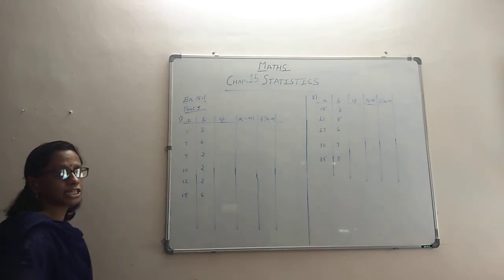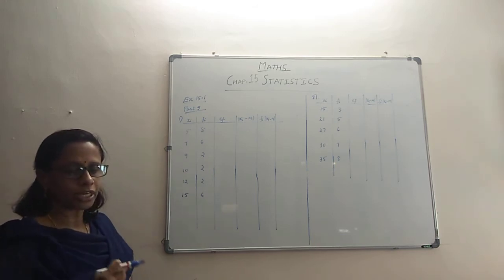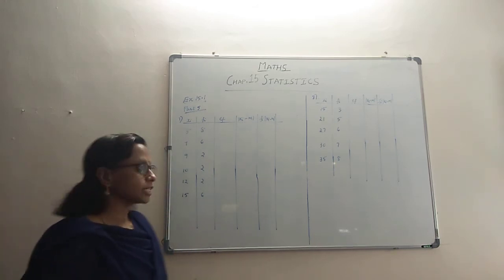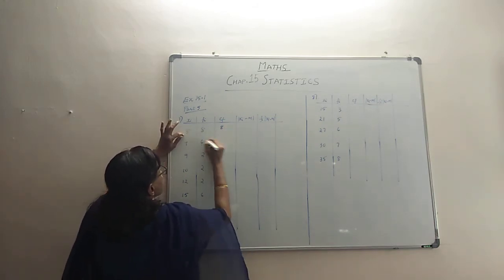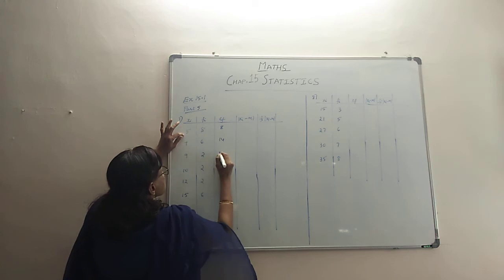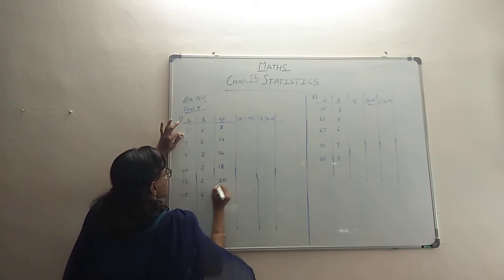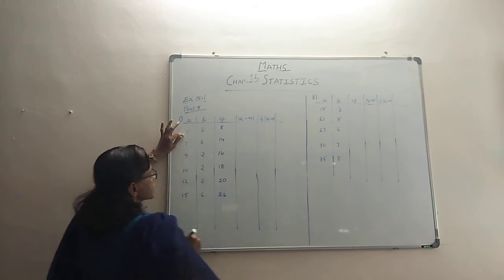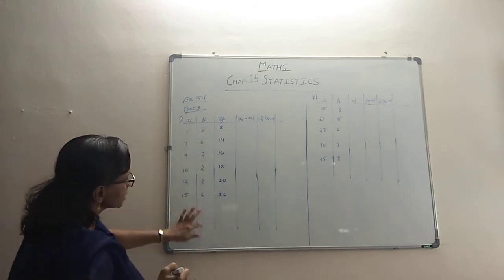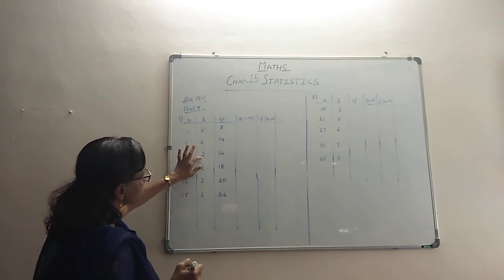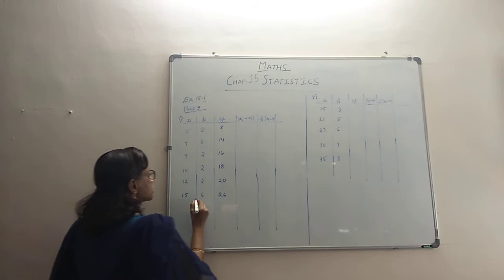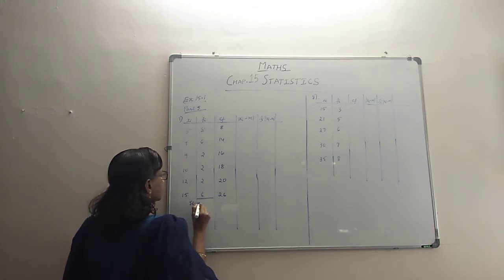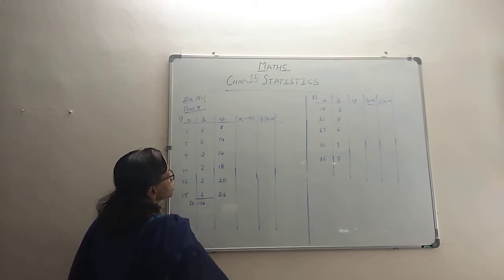So we are having this additional column of cf that we require for finding the median. So let's get across cf. I hope we all remember. First we'll write 8, then 8 plus 6 is 14, 14 plus 2 is 16, 16 plus 2 is 18, 18 plus 2 is 20, and 20 plus 6 is 26. And that 26 will be actually the sum of all this also. This is also summation fi, which is 26. Okay, so this is the CF.